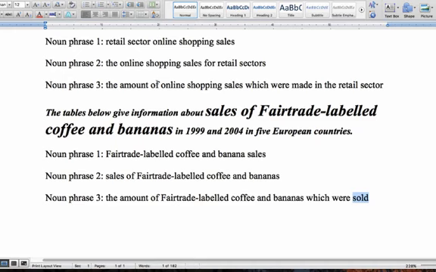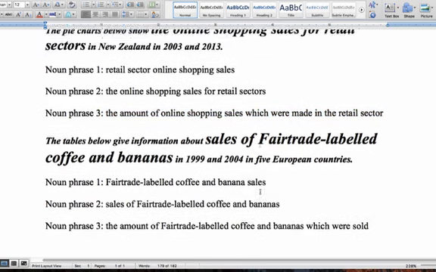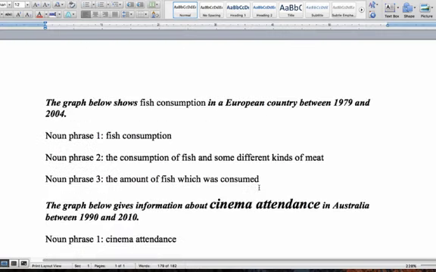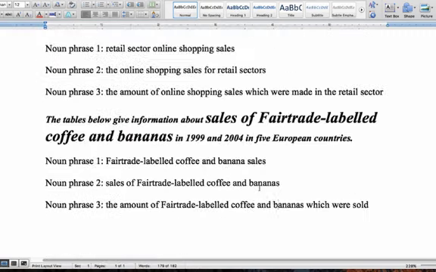And then this last one is, so even though we're using sales and sold, it can be a bit different. We could have used sold in there. So don't worry too much about how difficult these are. You do need practice with noun phrase 3 to get it right. But the same kinds of things come up again and again, especially sales and people and money and that sort of thing, and you will learn how to deal with it. So there you have your 3 noun phrases, and then when you're paraphrasing, you just take that out and you probably put noun phrase 1 in there.